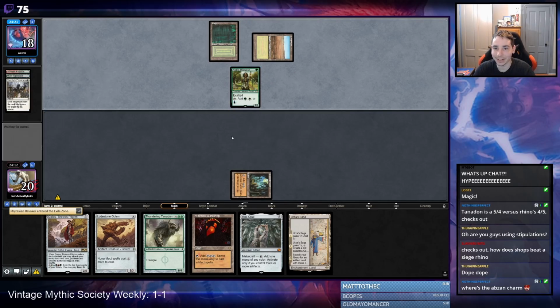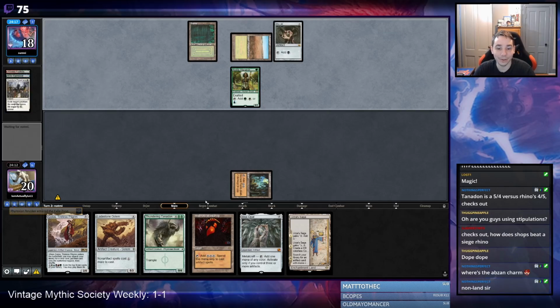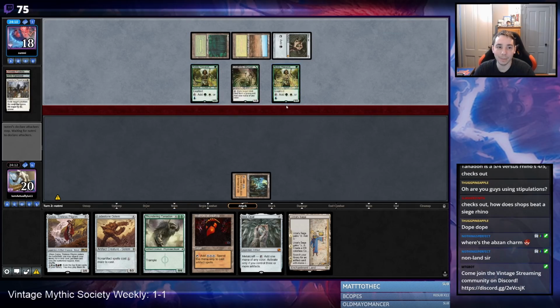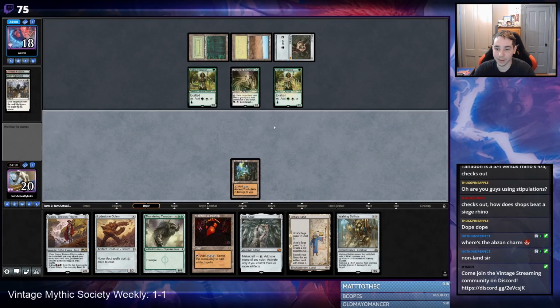All right, well, never mind. It's dead. Oh yes. All right, you're right. We can't actually Needle Wasteland. True. Too true. We could have tried though. All right, my opponent has many a mana dork. But